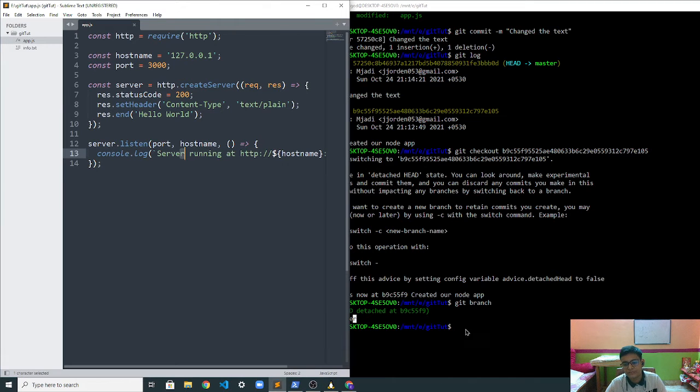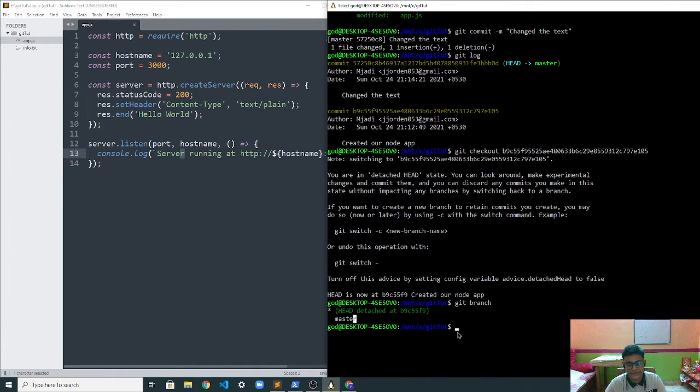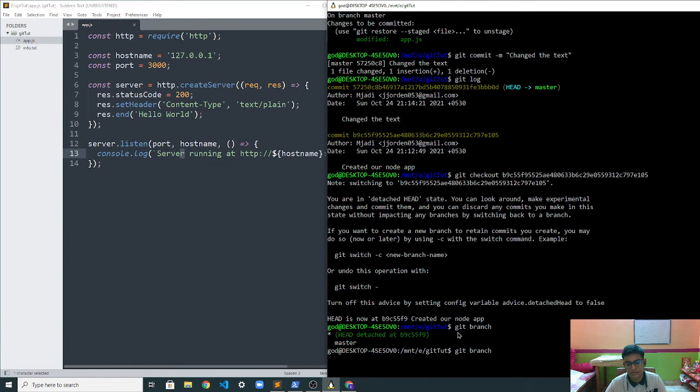So what we want is to create a branch. To do that, git branch and the name of the branch. So let's say git branch, name of branch: test.